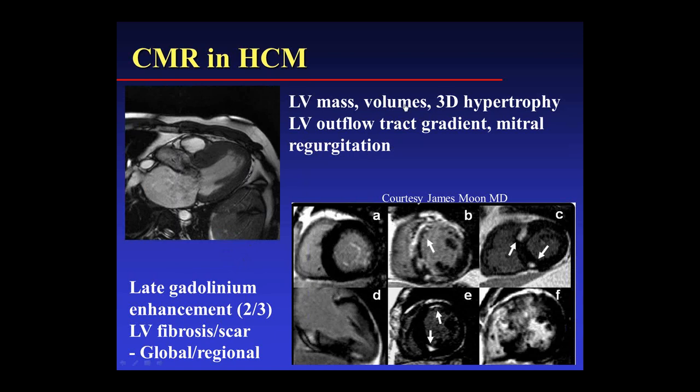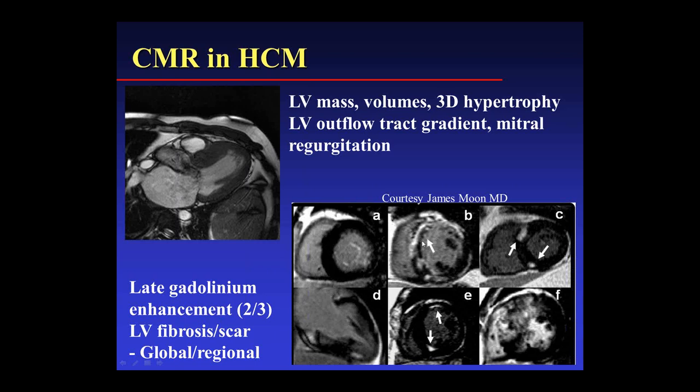So all of these findings, however, can be shown by echocardiography. So there are certain findings on cardiac MR that are novel and we think are associated potentially with the ability to predict outcomes to a greater degree. So the first finding is something called late gadolinium enhancement, a fancy term for a way of imaging scar in